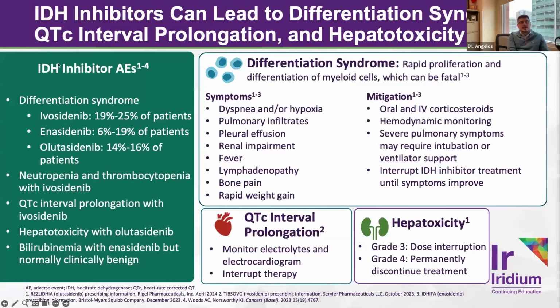It is important to remember that there can be side effects related to these IDH inhibitors, and the key ones to take home here are specifically differentiation syndrome. More so for ivosidenib than enasidenib, there is QTc interval prolongation, and more so for olutasidenib, but we can see it as a class effect, is hepatotoxicity. It mainly manifests as asymptomatic hyperbilirubinemia. The numbers can get quite large, up into the 20s or so. But generally, when the drug is held, weeks will go by, and then the bilirubin will ultimately start to normalize.